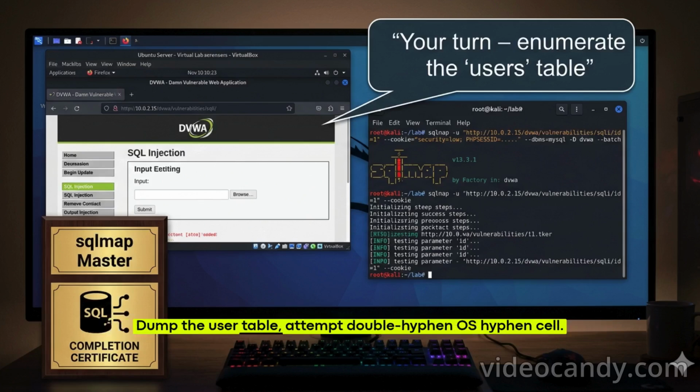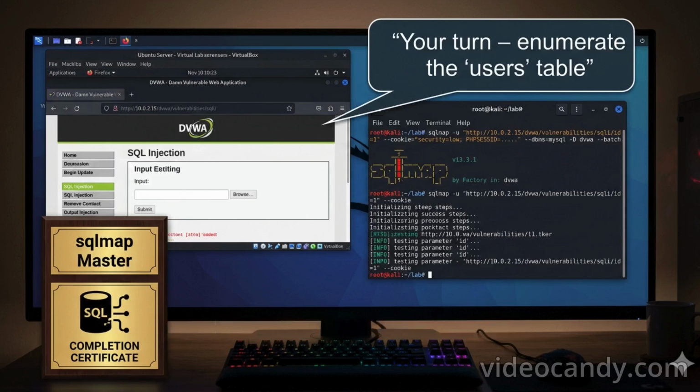Dump the users table, attempt "--os-shell". If the database user is root, use "--tamper=between" to see how it changes payloads. Learn by doing, but always in your own lab. Next session, we will combine SQLMap with Burp Suite for advanced automation.